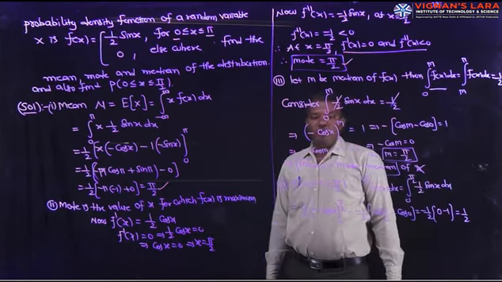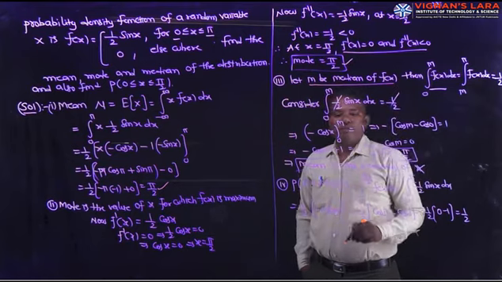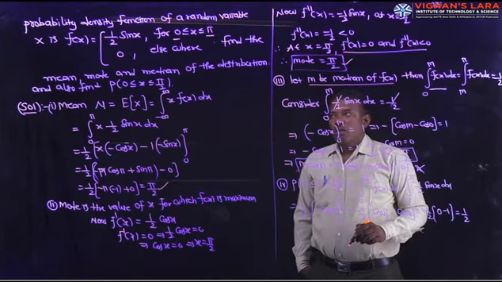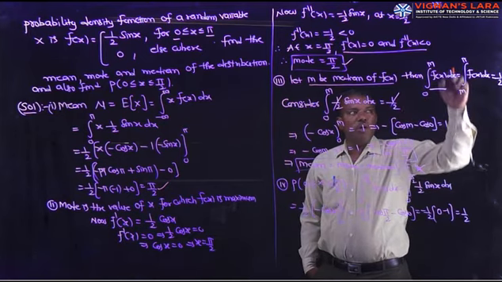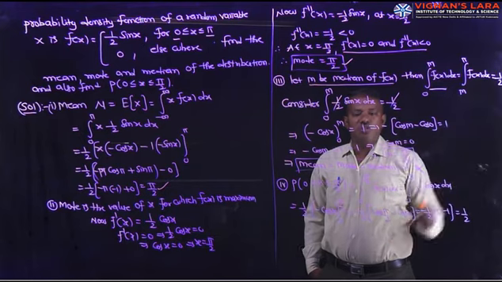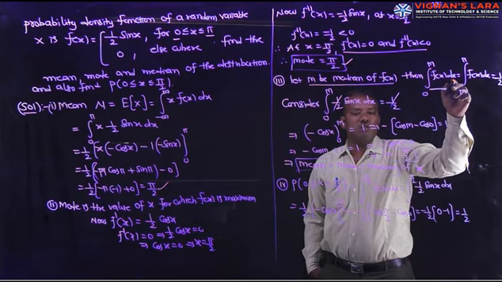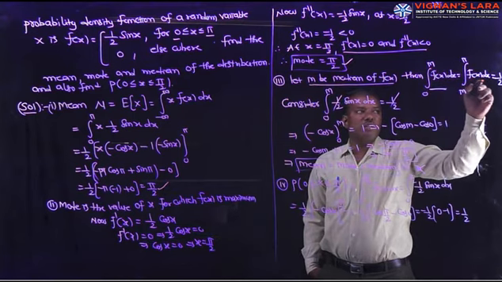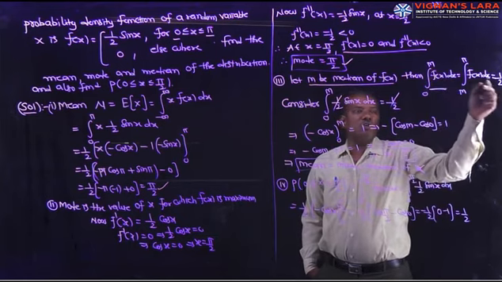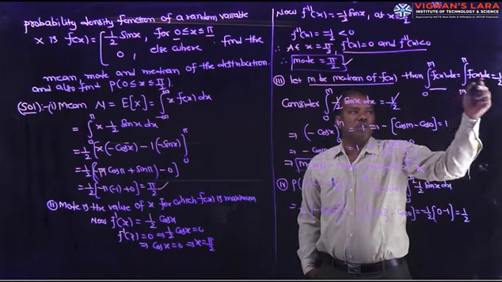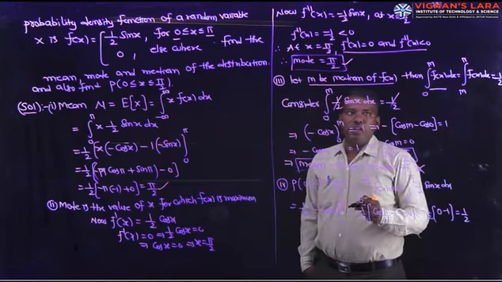Then, what is the median of the distribution? For this, let m be the median of f of x. Then the integral from lower limit to m of f of x dx is equal to the integral from m to upper limit of f of x dx, which is equal to 1 by 2. What is the lower limit here? 0. So the integral 0 to m of f of x dx equals the integral m to pi of f of x dx, equal to 1 by 2. Solve any one, either 0 to m f of x dx equal to 1 by 2 or m to pi f of x dx equal to 1 by 2, and we get the value of m. What is m? Median of the distribution.